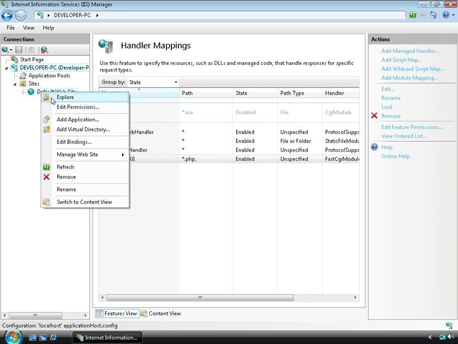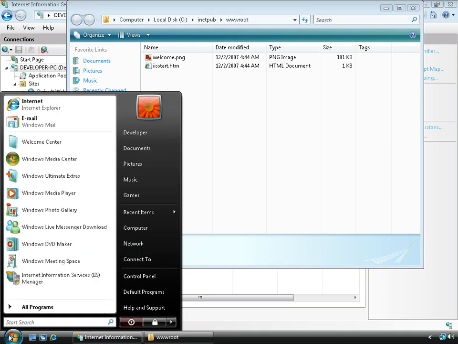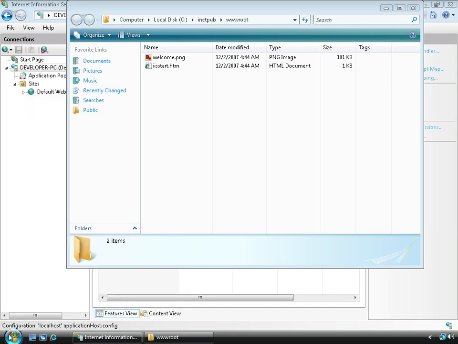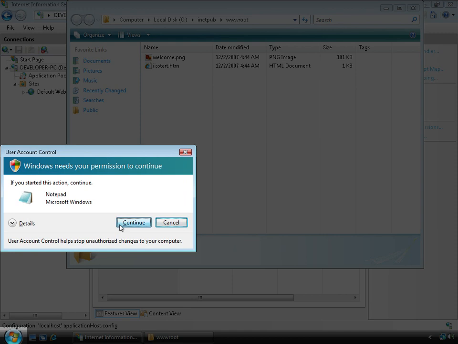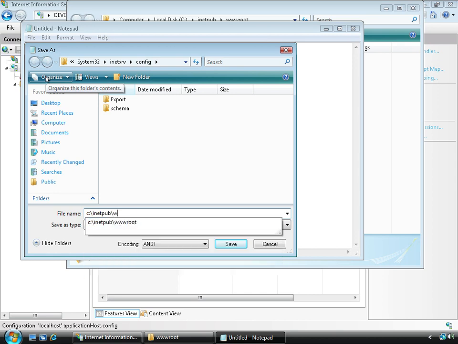With that in place, all we have to now do is add some PHP content. This web server doesn't have anything special going on yet. All we have is the default website being served out from the C, inetpub, wwwroot folder, and nothing special inside. In order to add a new file in this folder in Vista, we'll have to be running an editing tool like Notepad as an administrator, so I'll press Shift-Control-Enter in order to run Notepad with elevated privileges. We'll create a very simple PHP script and have it just call into this phpinfo function. Saving this file as test.php under the inetpub wwwroot folder,